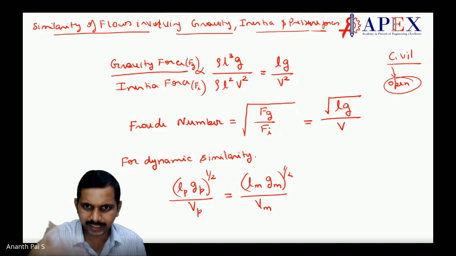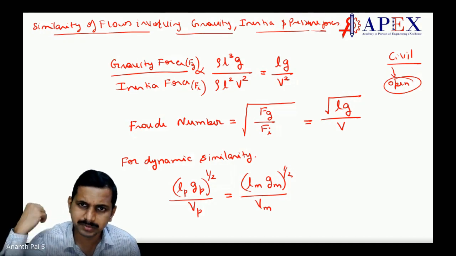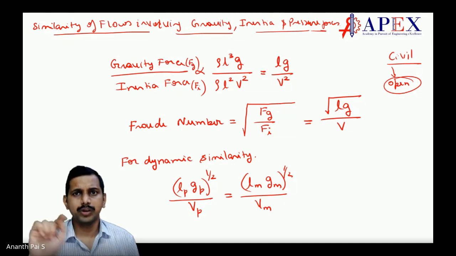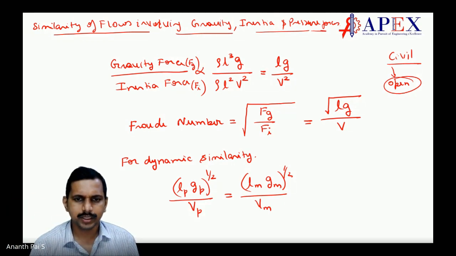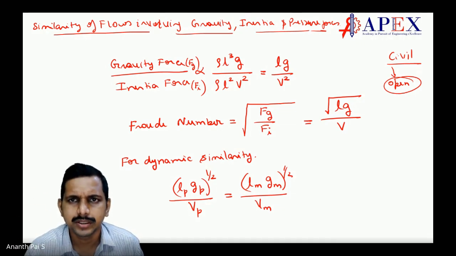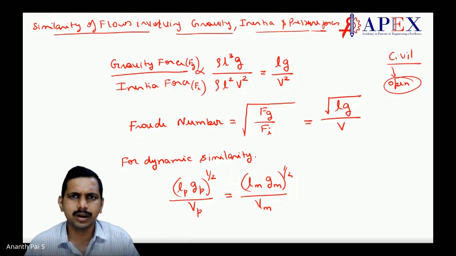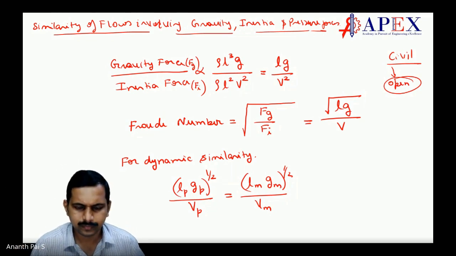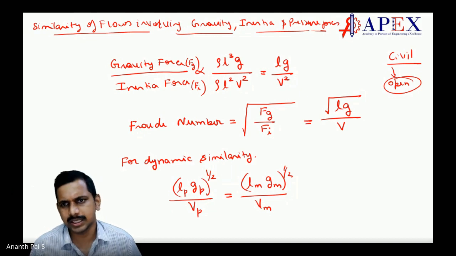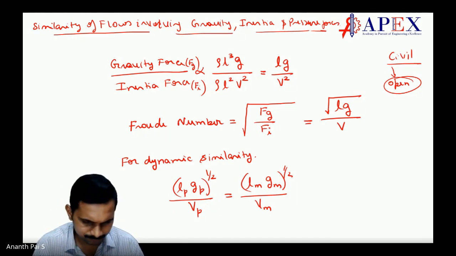But this practice is important, students. You have to remember this formula. Things come direct. They will give us the ratio of gravity force to inertia force, or Reynolds number, Froude number, all these numbers will be given. These are common questions. Only remember as they ask, nothing else. So you have to remember these things.